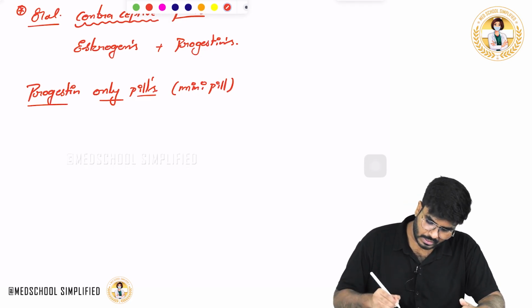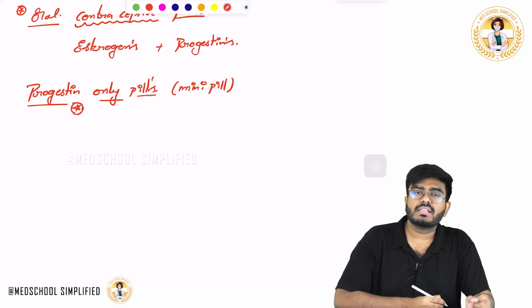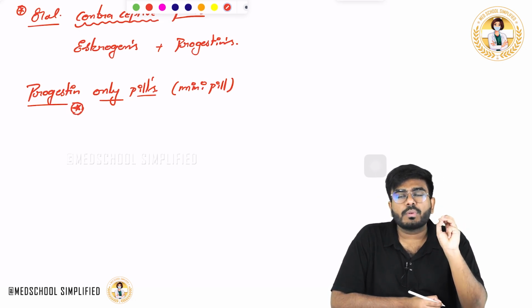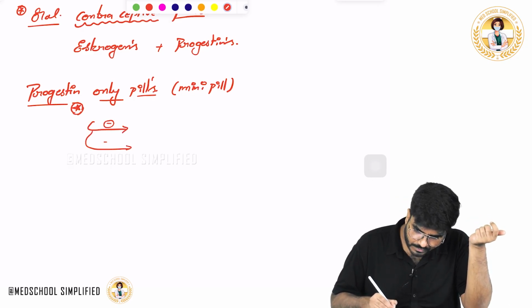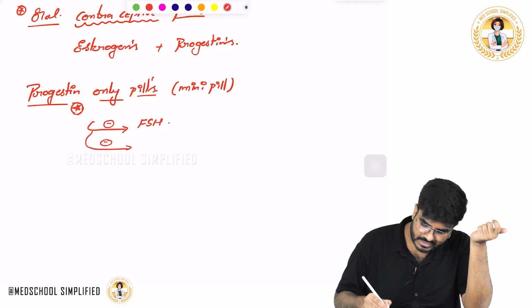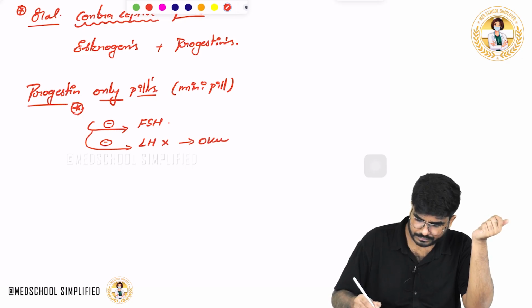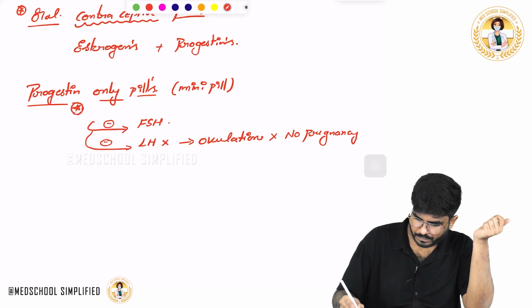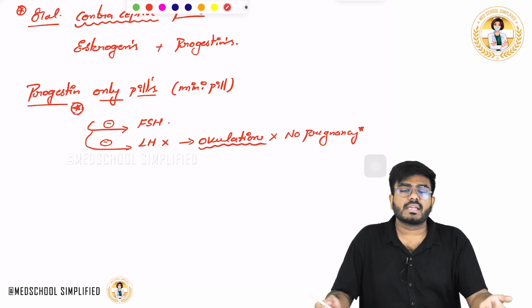See how they are going to function. Now we are injecting the progestin into the body, so it works like progesterone. Progesterone is going to prevent the sperm entry, and progesterone is going to give the negative feedback for FSH and LH, mainly for the LH. So, without LH, there is no ovulation. Without ovulation, there is no pregnancy, as simple as that.